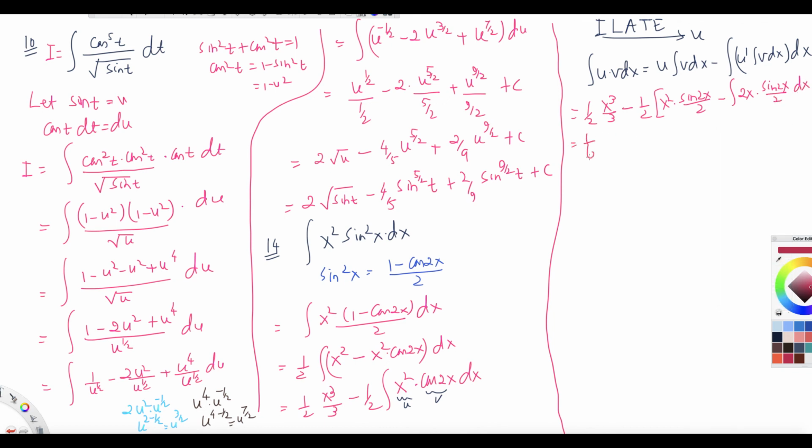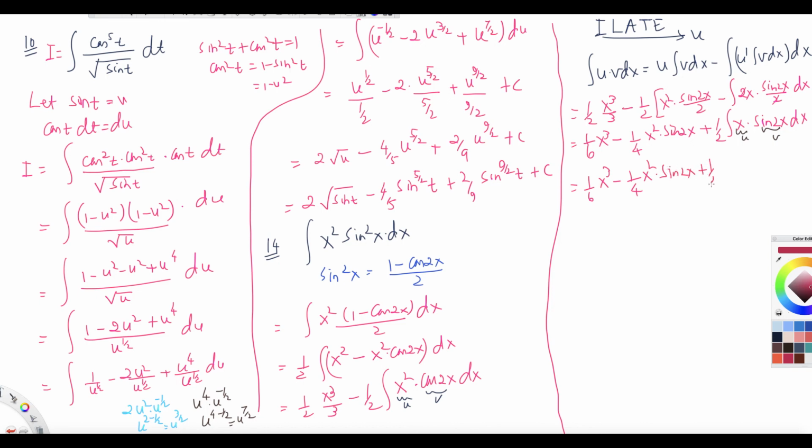What do you get? You get 1/6 x cubed minus 1/4 x squared times sine 2x, right? And then minus minus plus, because this negative times negative is plus, and that 2 and 2 will cancel out, so you'll get 1/2, and then the integral of x times sine 2x dx. Again you need to do u and v, so this will be u, this will be v. Okay, so if you do that, what you get is 1/6 x cubed minus 1/4 x squared times sine 2x